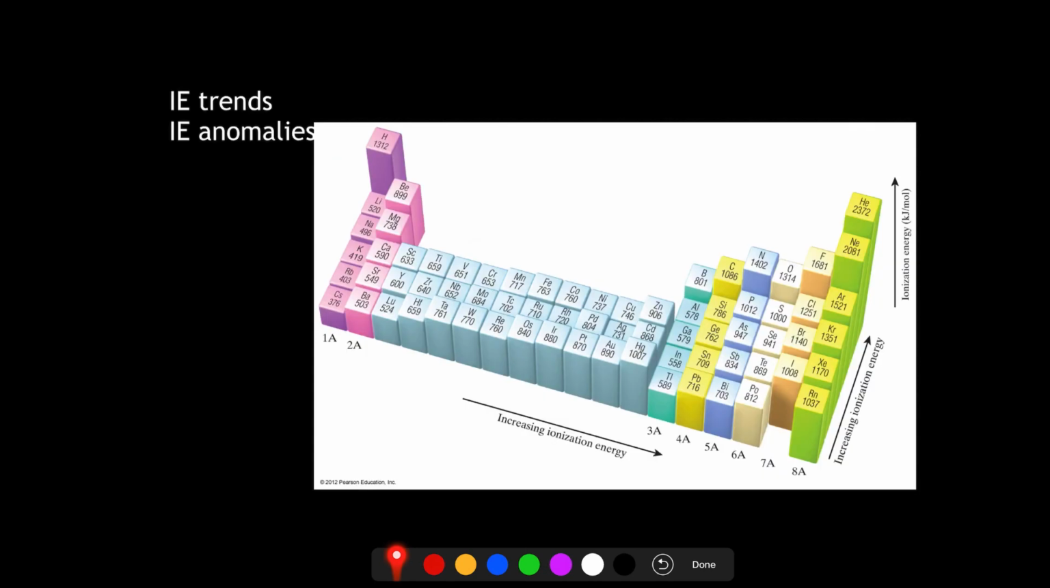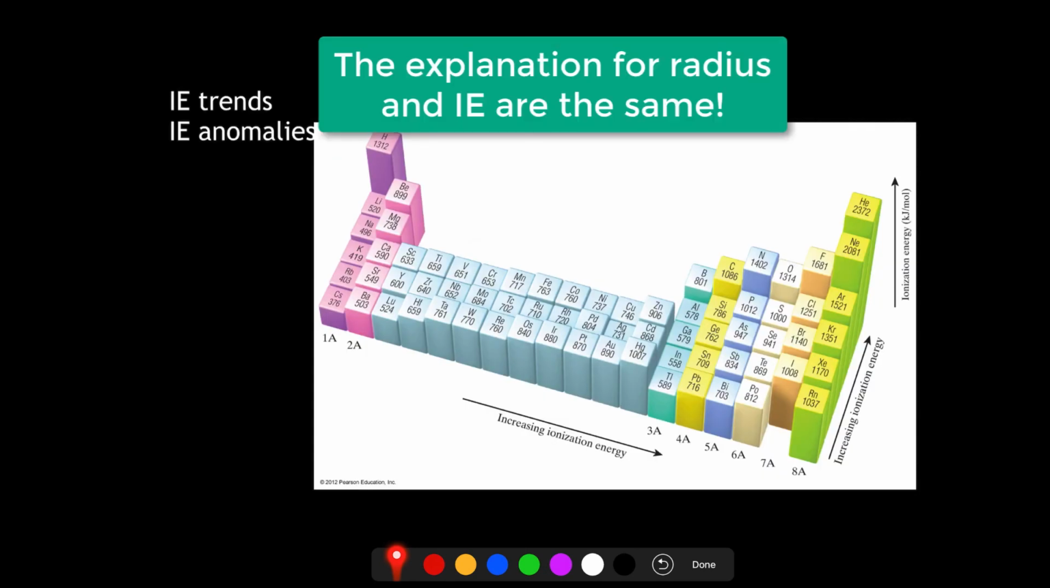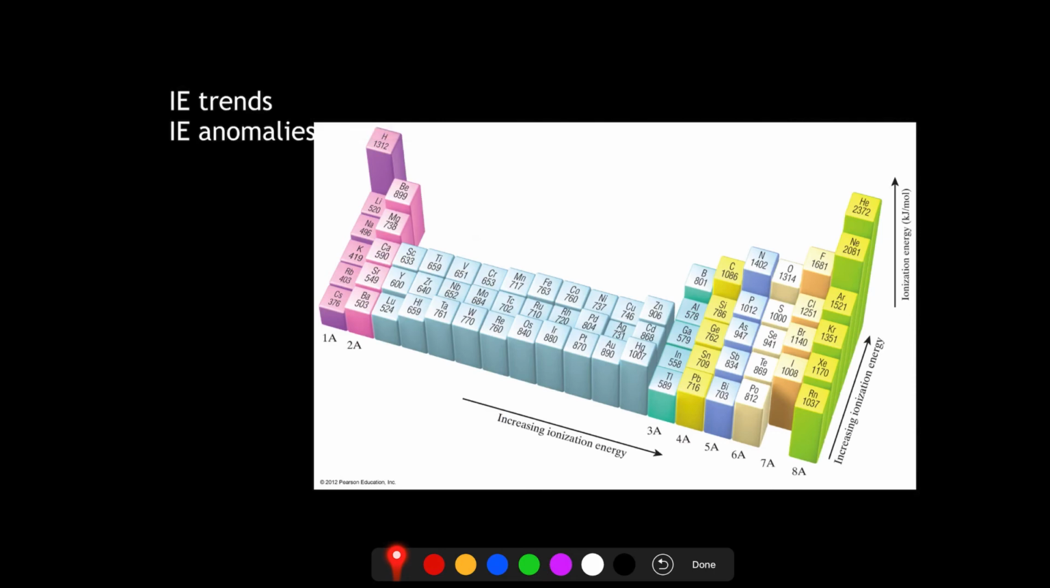But that makes sense, right? Those two things go hand in hand. Which is why it's really important that you understand the concept of Z effective, and then you can apply that as needed to the concept of atomic radius, because that is also your foundation for explaining ionization energy. Anomalies here are the same as before, wherein upon going from beryllium to boron or magnesium to aluminum,